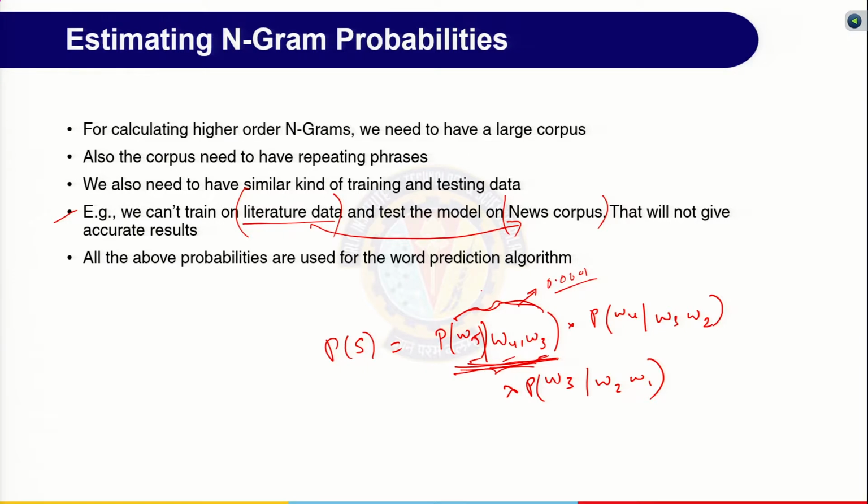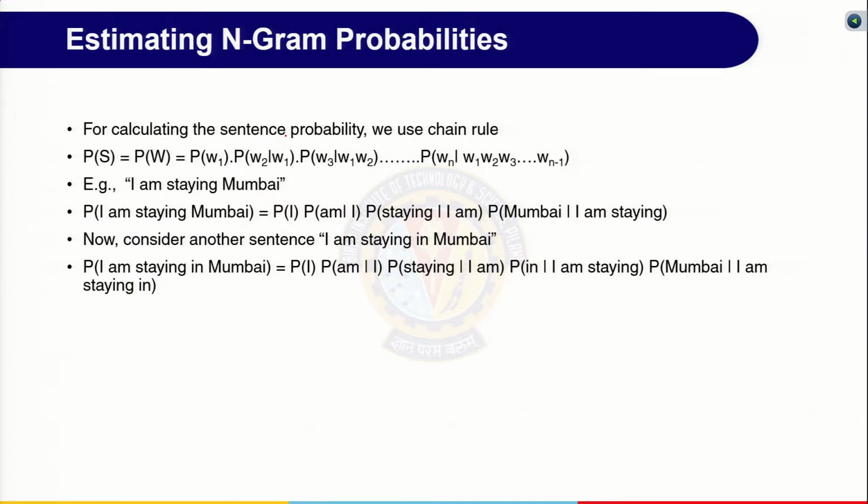So for calculating the sentence probabilities, we will use the chain rule. The probability of a sentence can be used as the probability of W1 times the probability of W2 given W1, and we keep on doing this till the probability of the last word given all the words so far. For this example, "I am staying in Bombay", now we can use this chain rule to calculate the probabilities of